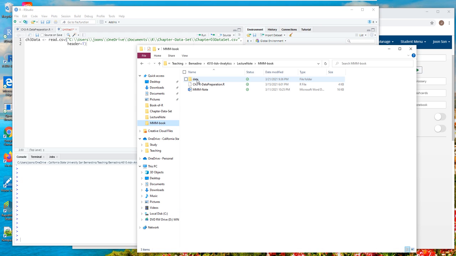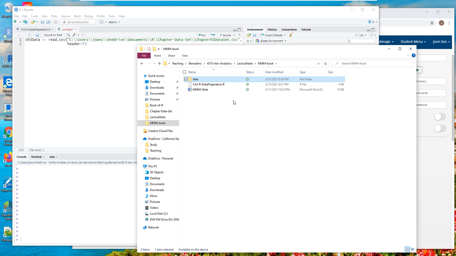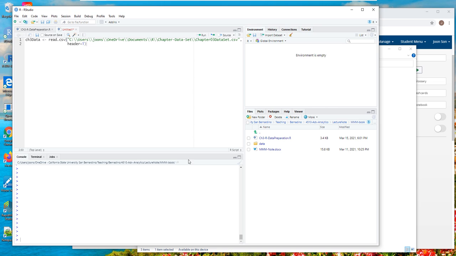In this working directory, I created a directory called data, and I copied all the data sets into it. So now I know this is my working directory, and I'll choose this as my working directory. If you click More and then Set As Working Directory, you see the setwd command, which we learned. Now this is my current working directory.